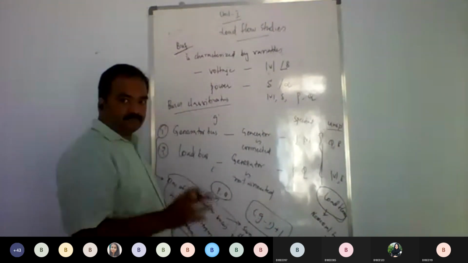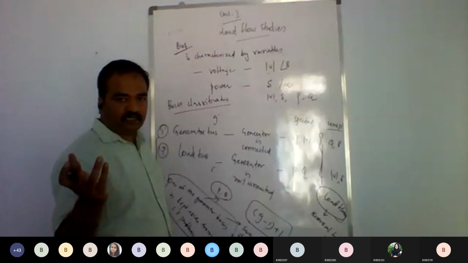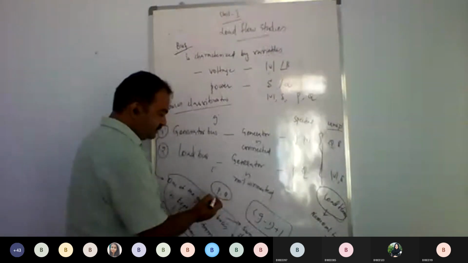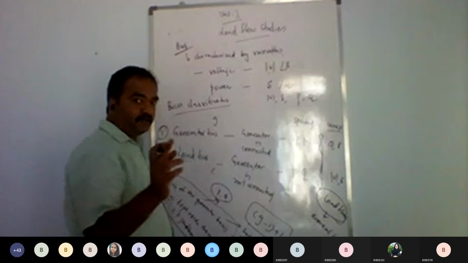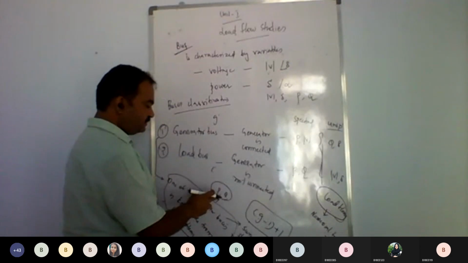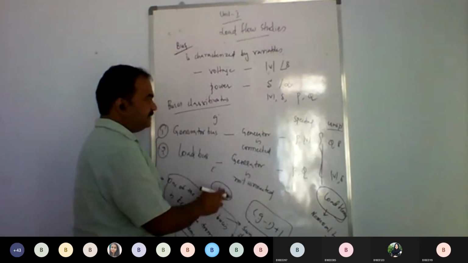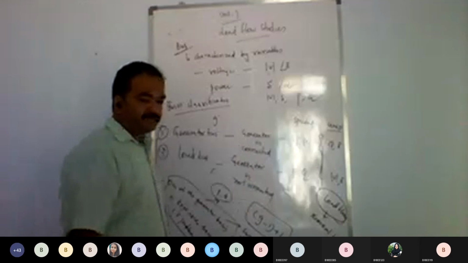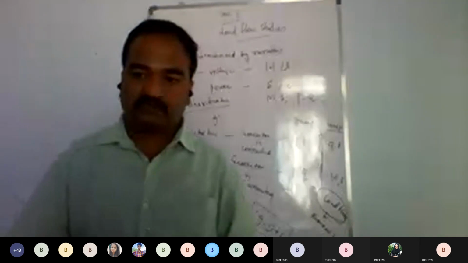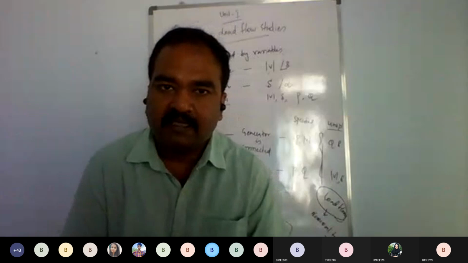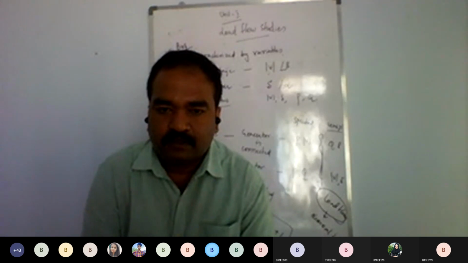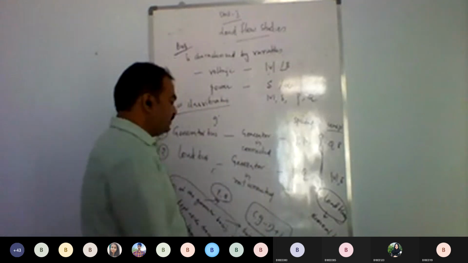At this bus, normally for any bus you do have 4 variables, isn't it? At this bus, P and Q are obtained only at the end of your load flow problem. So for a slack bus, what are the unspecified variables at the start of load flow? P and Q are not specified because P and Q will be obtained only at the end of the problem. So what are the known variables? The remaining 2 will be the known variables.